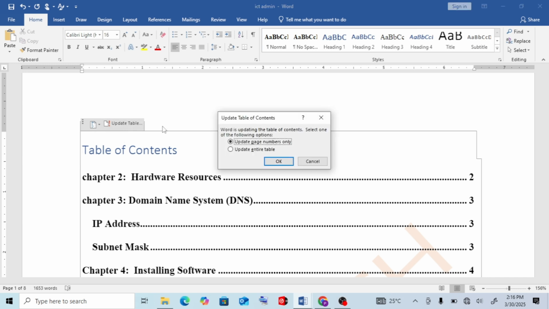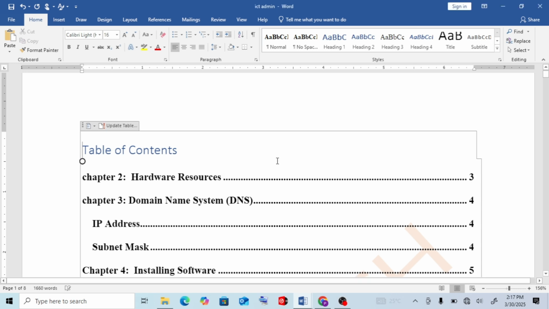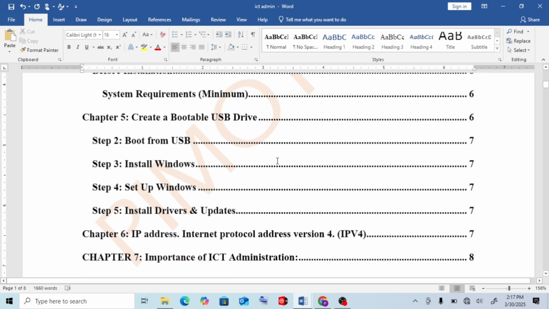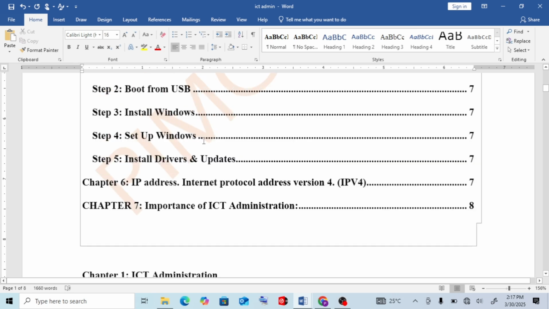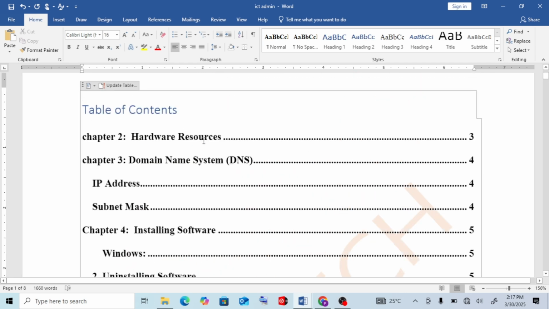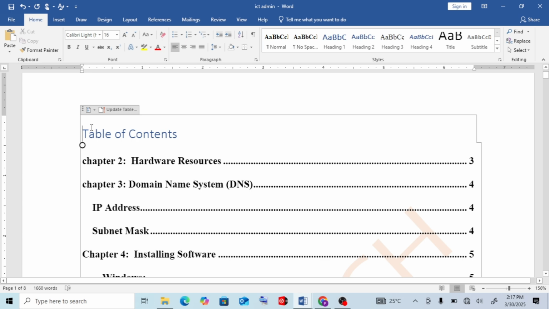You click on it, it gives you the provision of updating page numbers only, meaning you are going to update 1, 2, 3, 4, 5, 6. But here we are updating the entire table. So we select OK, and you come below here. You see our new chapter is included. So that is the first style of adding table of content on the very first page.